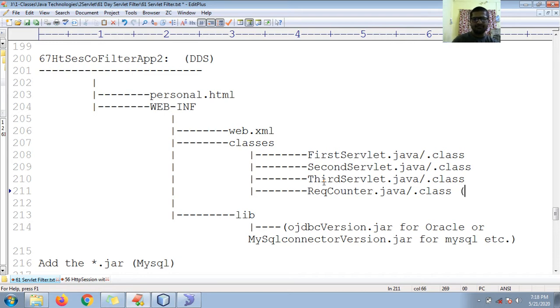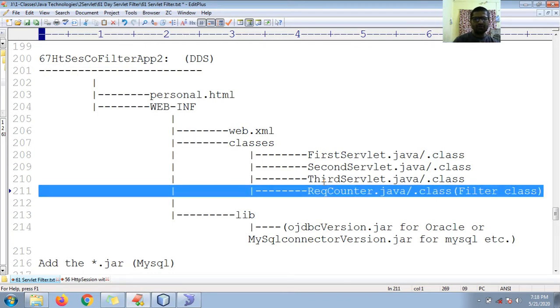It's a filter class. So request counter.java or request counter.class. The rest is existing only, and I added one extra, just one request counter.